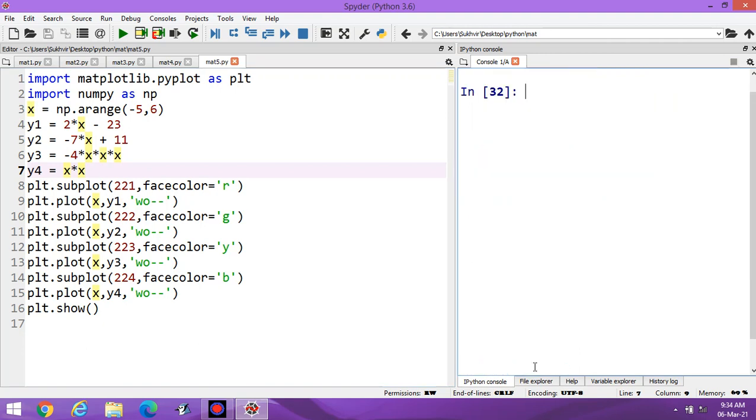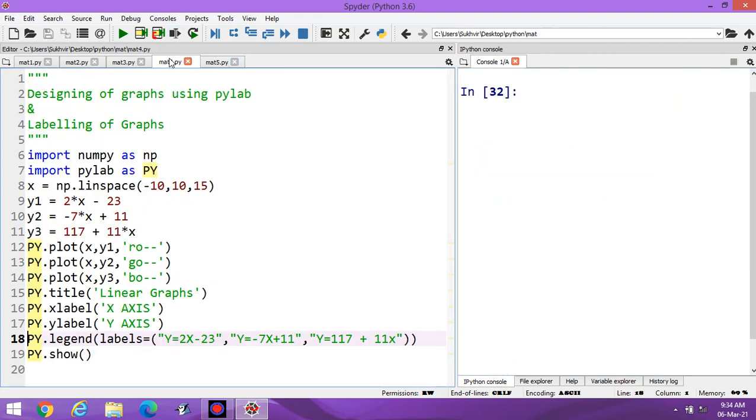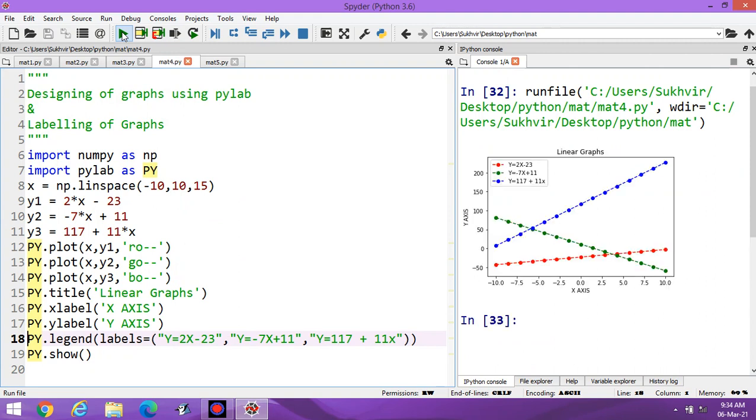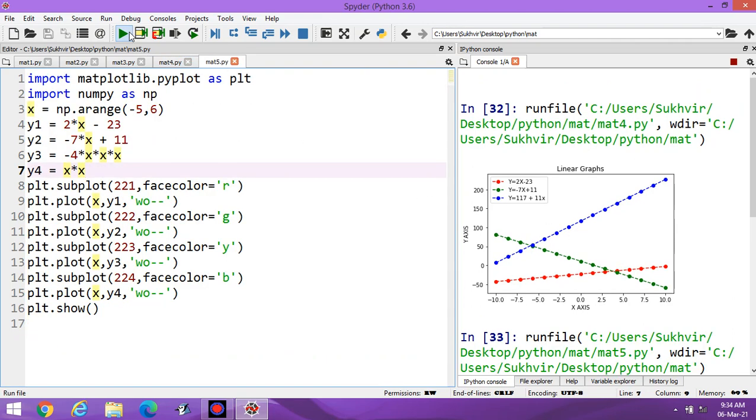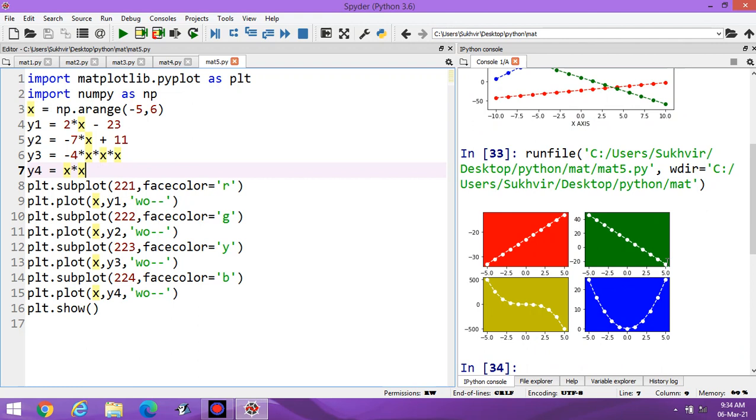But in previous graphs, you can observe the graph in a single block. But in this case, you can design the graphs separately. If you have to design only 3 graphs, you can delete this one, no issues.